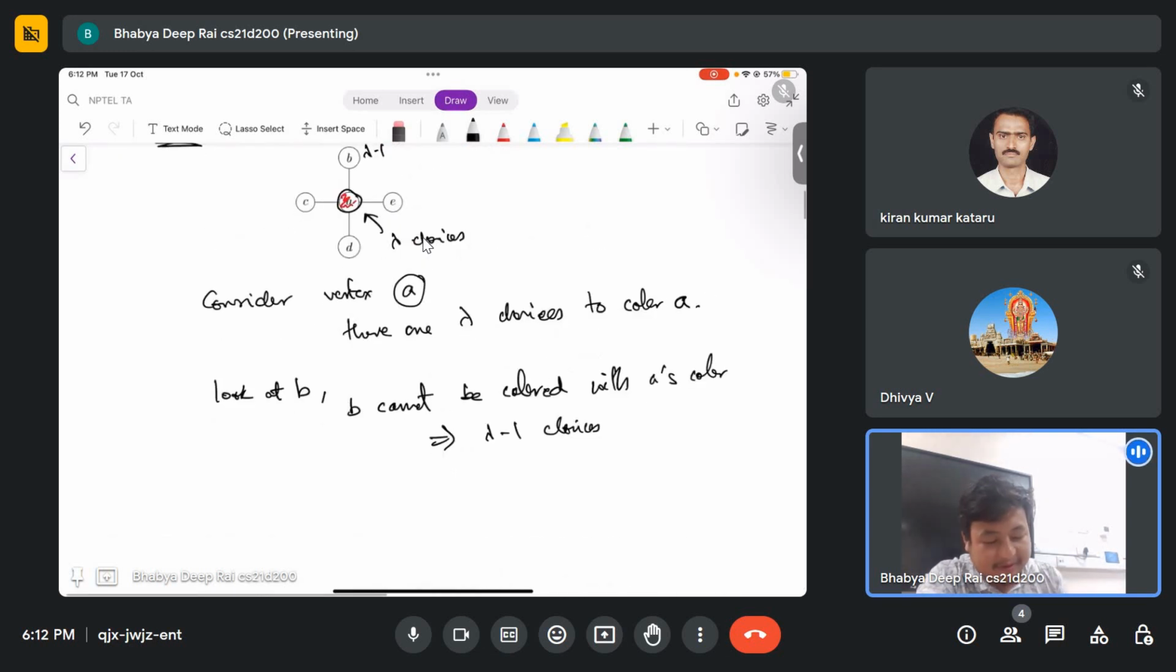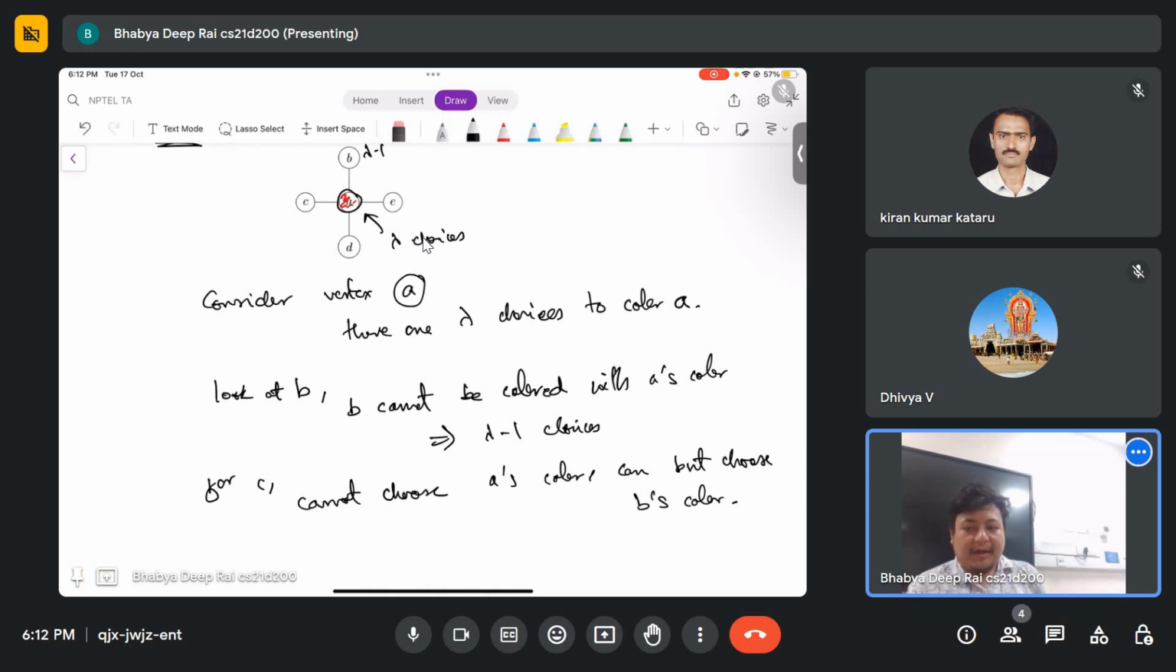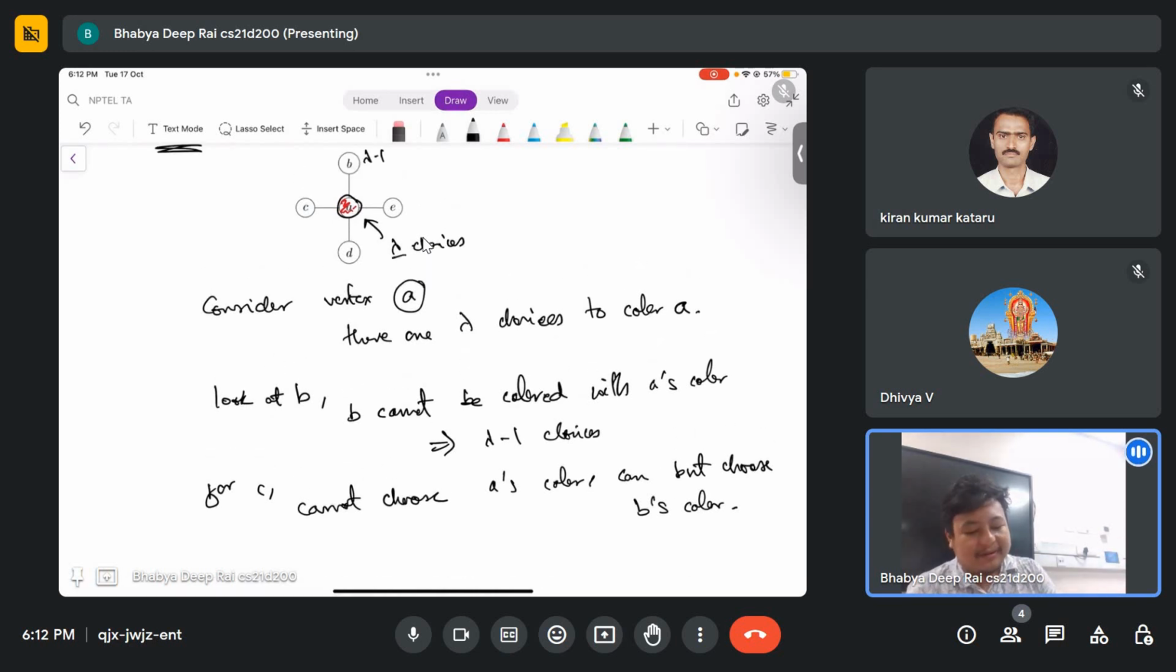Now, just similarly observe C. For C, I cannot choose A's color. I cannot choose red. Okay, but I can choose B's color. So out of the total lambda colors, I'm only restricted saying that I cannot choose B's color. That is one color. So I have lambda minus 1 choices again. So similarly for others, I have lambda minus 1 choices for D, and I have lambda minus 1 choices for